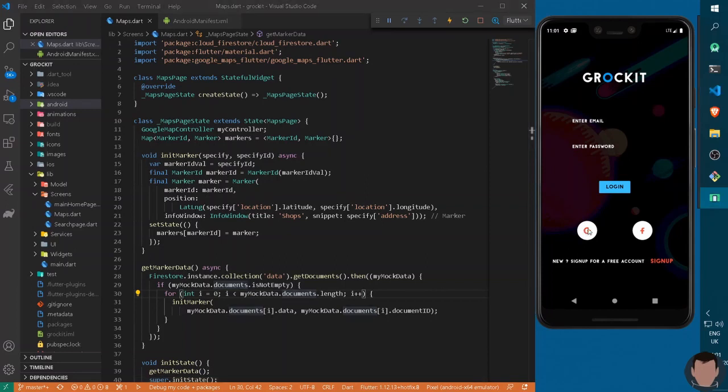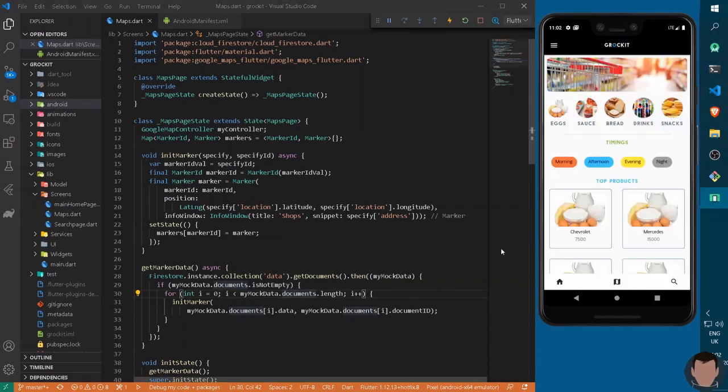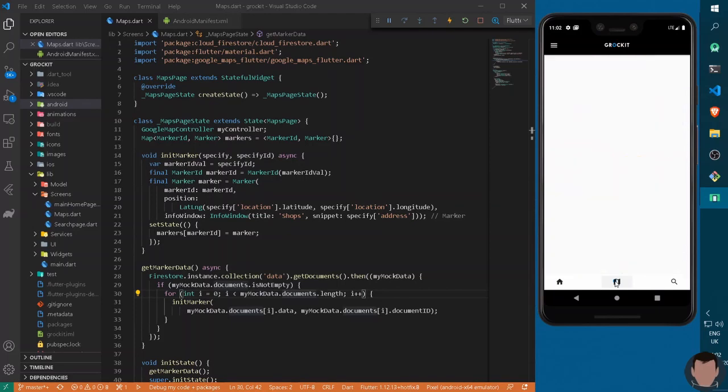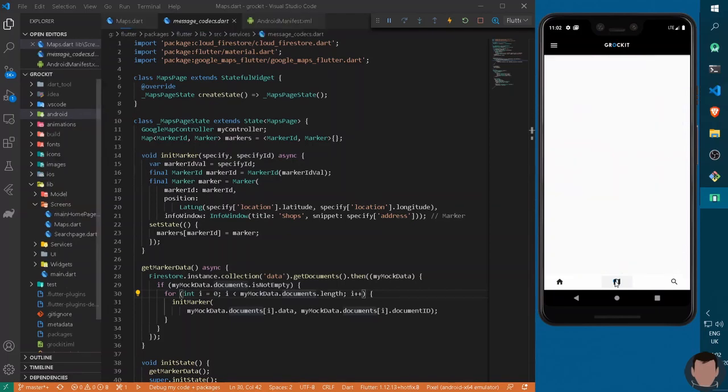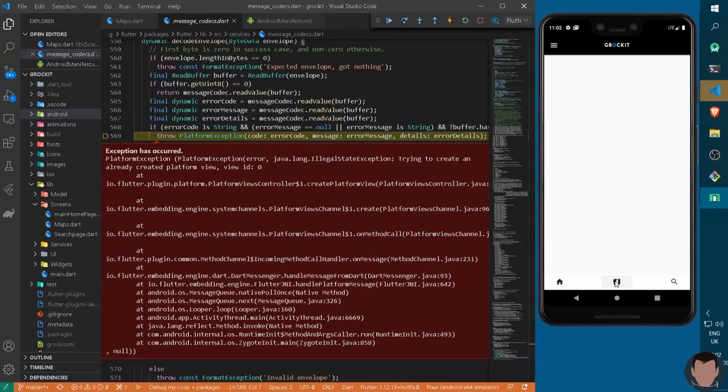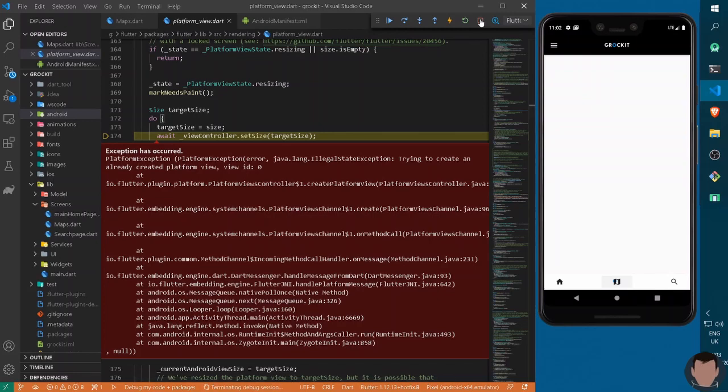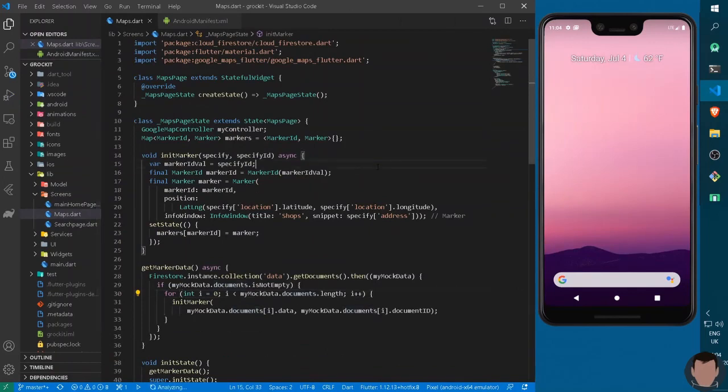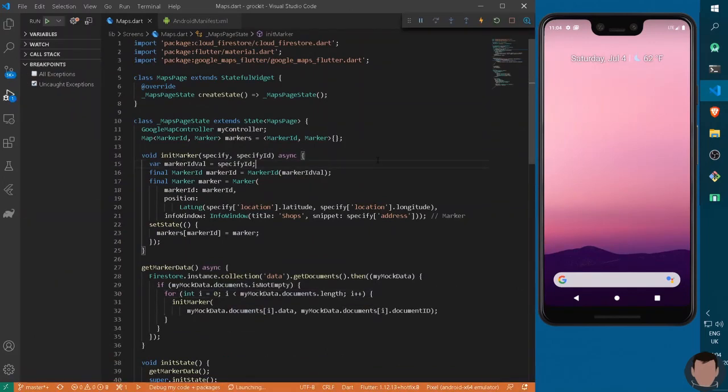Let's log into our application once with Google. Now if we check our map, okay, so we are getting a platform exception error. So we have to close the entire application and reload it once. So let's close our entire application from here, that is terminating the debug session. It will throw a timeout after 1000 milliseconds, not microseconds. So let's reload our application again once. Now it will take 5 to 6 minutes as I said before, so I will see you in 5 minutes again.